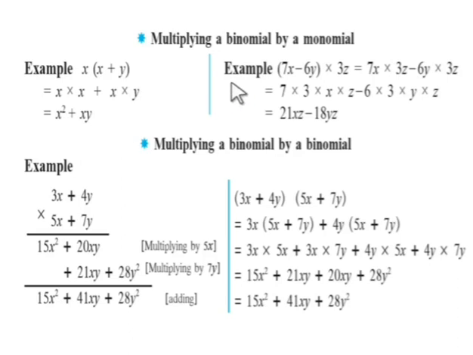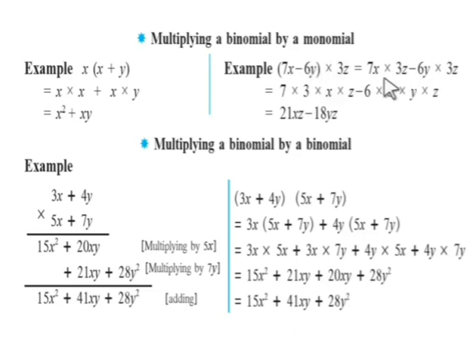Now one more example. Here the binomial is written first and the monomial is written afterwards. But we will apply the same rule, that is, first we will multiply 7x with 3z, then the same sign we will put in the middle, then 6y multiplied by 3z. So you will get here 7x minus 6y multiplied by 3z is 7x into 3z, that will be the first term, minus 6y into 3z.